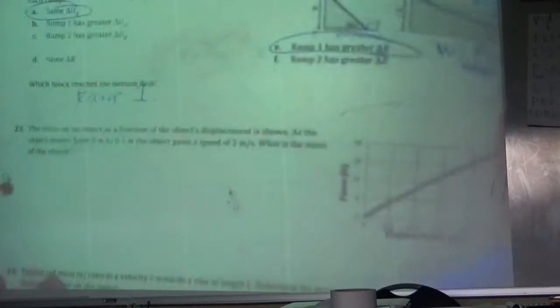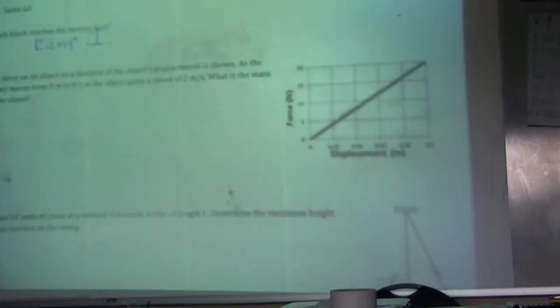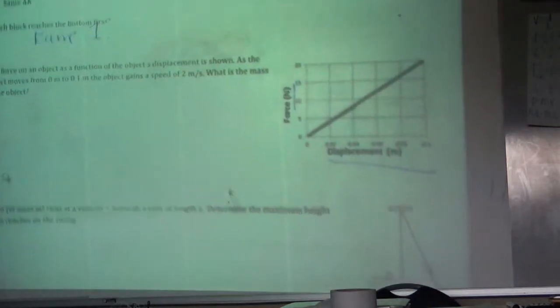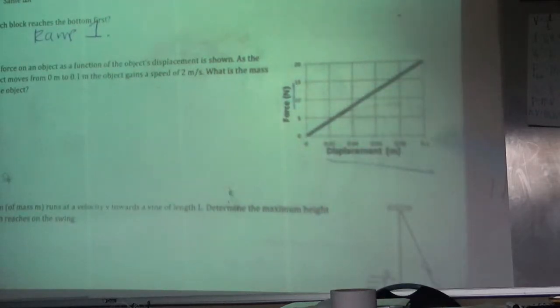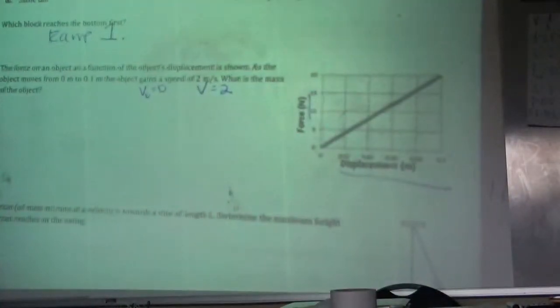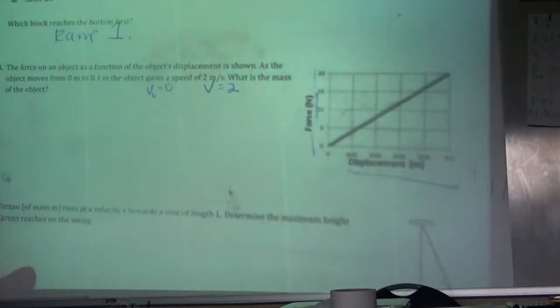Number 23, so we have a graph of the force and the displacement, and as it goes from 0 to 1 meter, it gains a speed of 2. And I meant to say that it starts from rest, and this is my final velocity, 2. And we have the force and the displacement. So if we're looking for the mass and we have velocity, well, that's thinking about 1/2 mv squared or